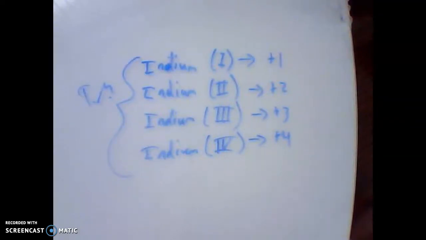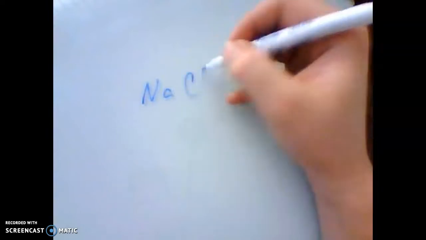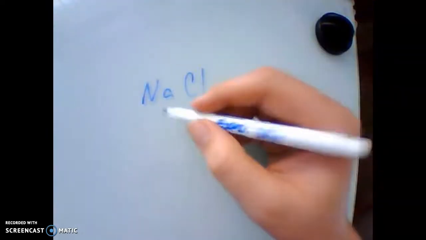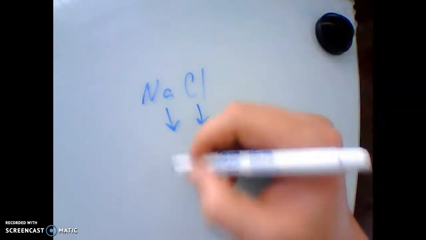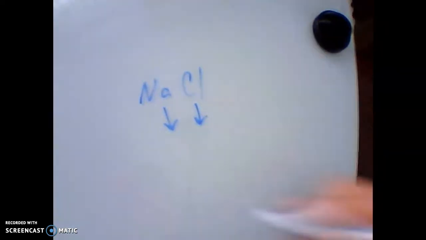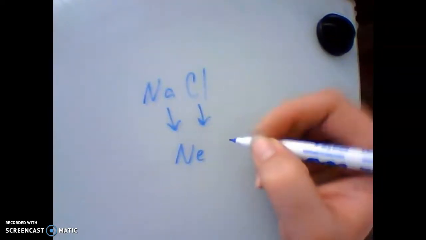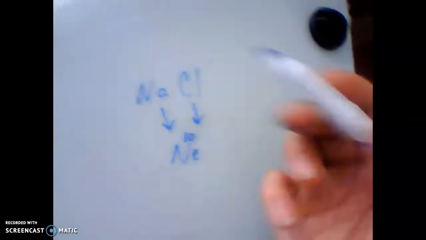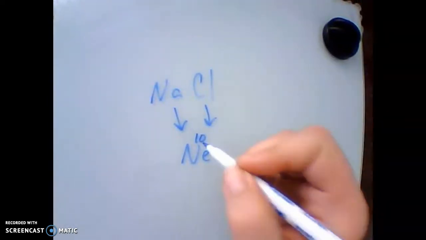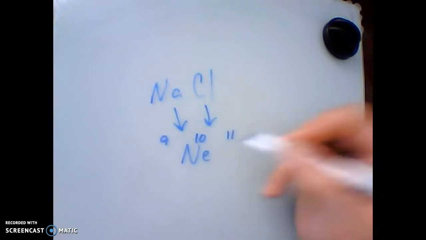Remember that when you are doing these, going back to the orbitals and less about indium, when you're dealing with these compounds, like sodium chloride, both of them are trying to become a different noble gas configuration. So they want to become, for example, I don't know if this is accurate for these two, neon. So neon has 10 electrons total. Sodium has 9,